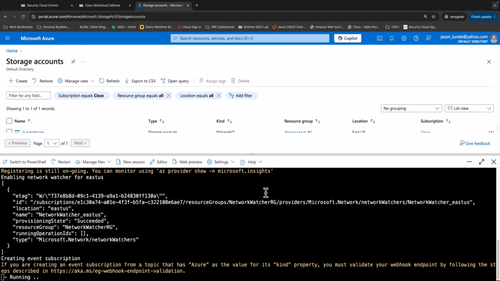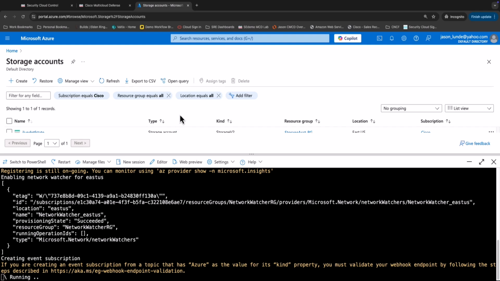It will create an event grid subscription. So again, all this is just ways that we help our customers out. We try to keep you from having to do stuff manually if you choose not to. So once this completes,